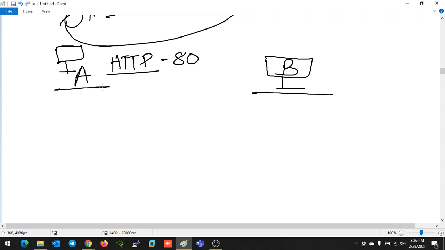So you know that it's HTTP, then what will happen? For B it's google.com or something. I am not taking the name right now because you will get confused. This is IP address 8.8.8.8 and the IP address of A is 10.1. Okay, so what will happen right now on A, if you want to send an HTTP request to another device, or you are going to send any kind of data by using HTTP, then you will open a browser. Okay, just a second.